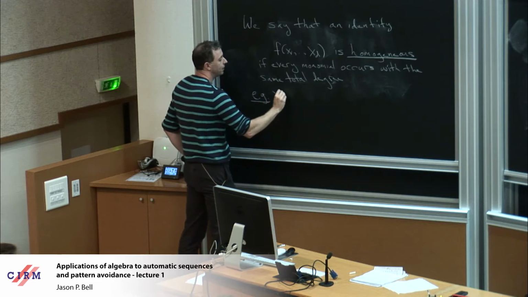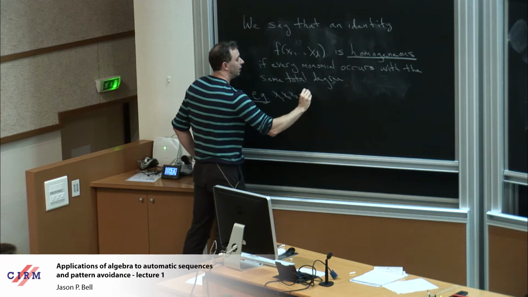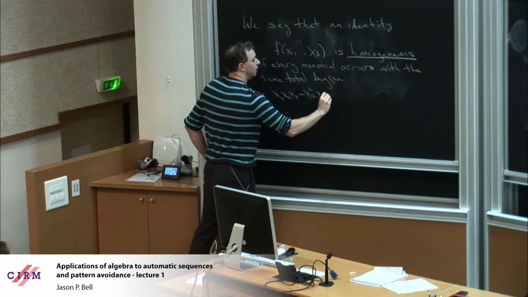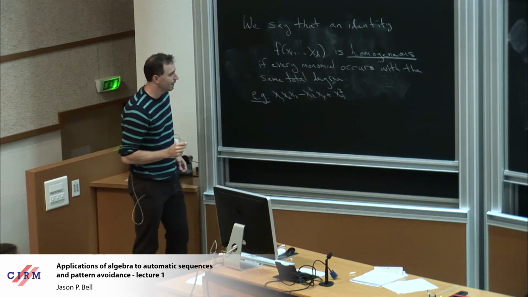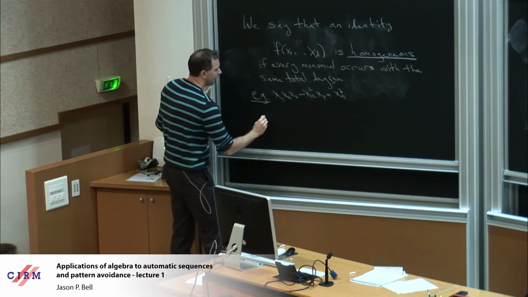So for example, something like this is homogeneous of degree 3, and it's multilinear